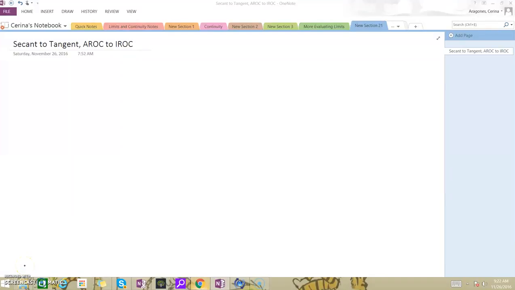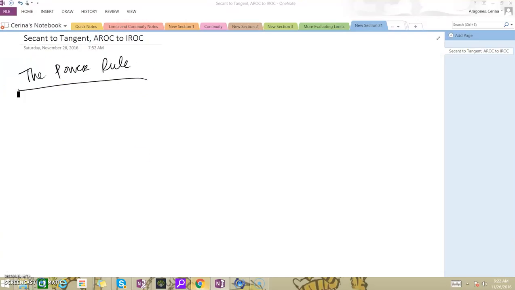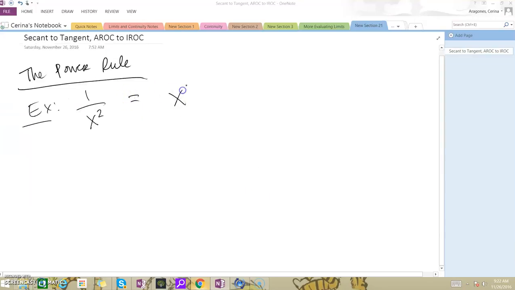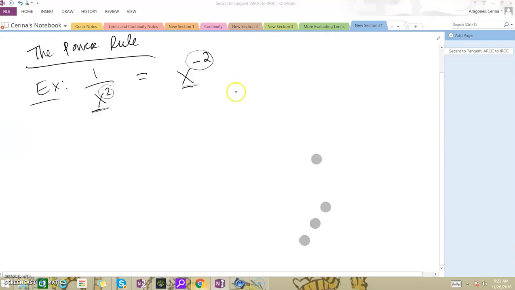Okay, so in the last video, we started learning about the power rule. I just want to add a couple notes about that. There are certain functions that look like they don't use the power rule, but they do if you just use their properties. For example, something like 1 over x squared can actually be rewritten as x to the negative 2. Remember, when you have a negative exponent, you put the x on the denominator and make the exponent positive. So actually, the derivative of this becomes